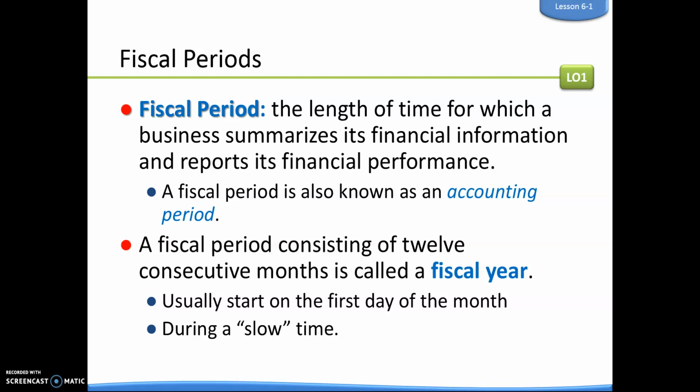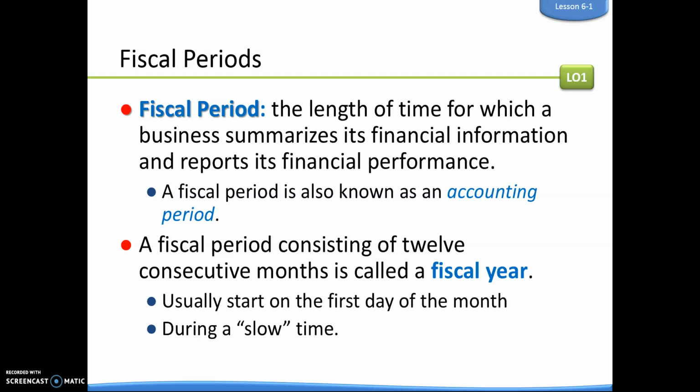A fiscal period that consists of 12 consecutive months is called a fiscal year. So what that insinuates for us is that typically fiscal periods are 1 month segments, and then obviously 12 of those put together is a fiscal year. Usually businesses will start a fiscal year on the first day of a month, and they usually choose to do it during a slow time. So for example,